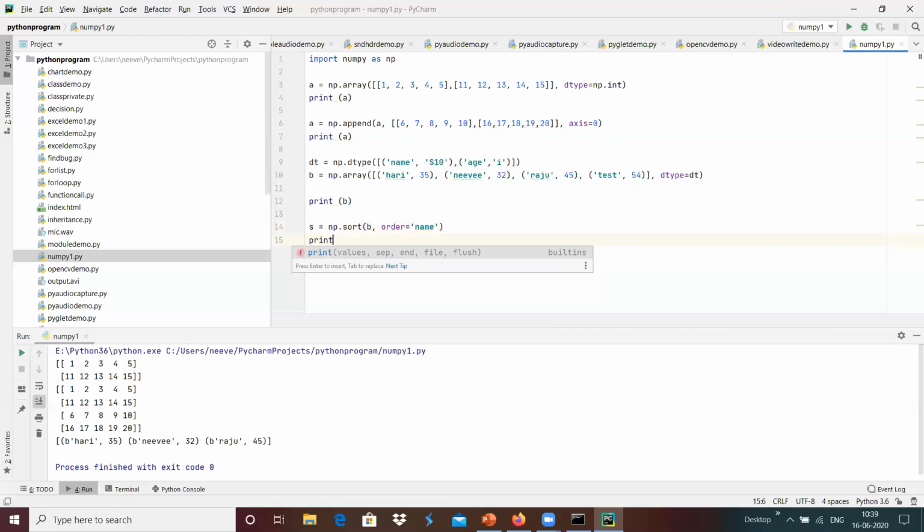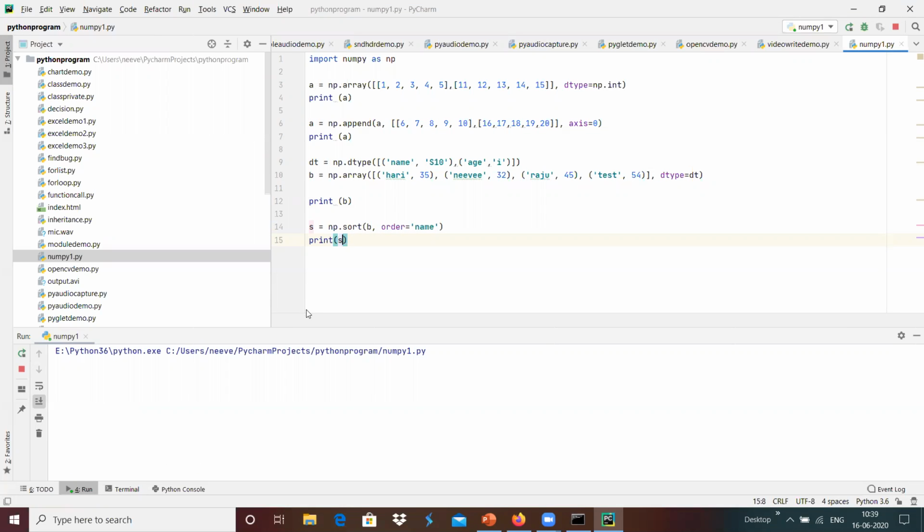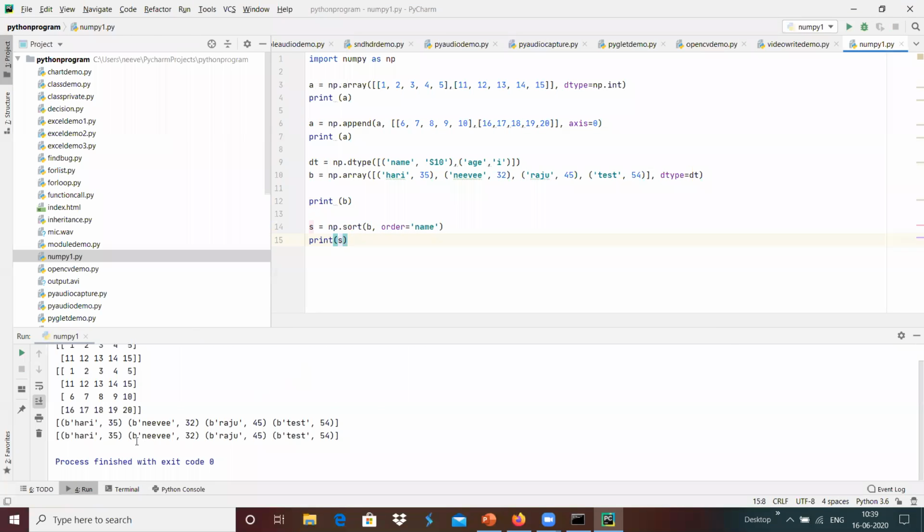Then I'm going to print s over here. That provides the name based sorting, which we will see.